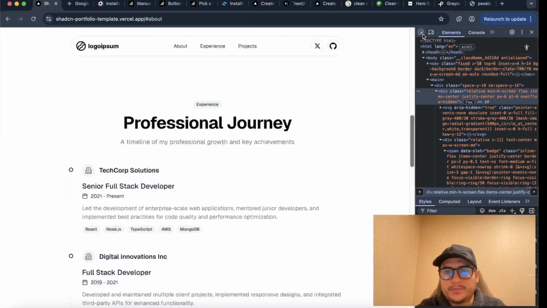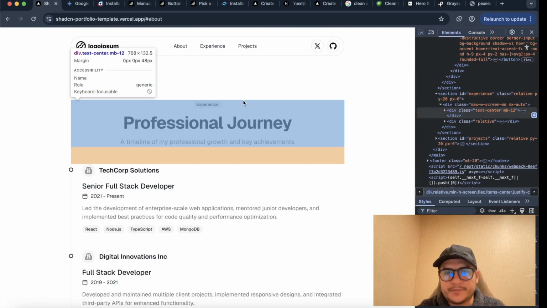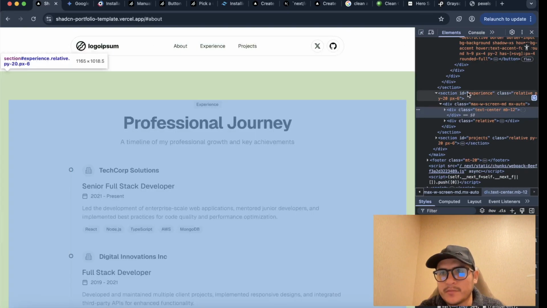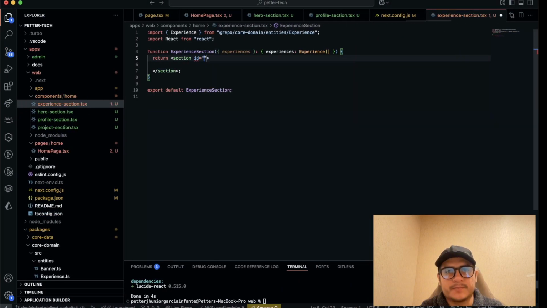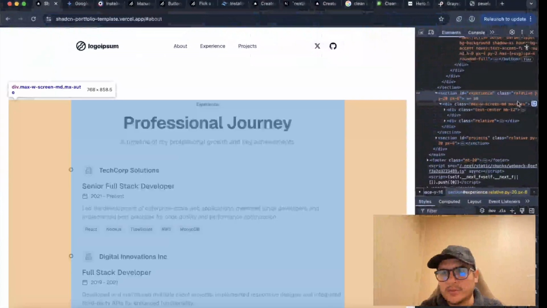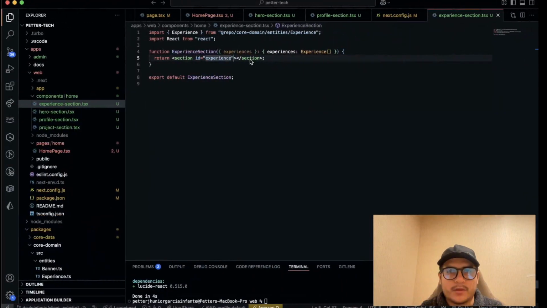For the experience we have this section. The ID is called experience, and also we need to add the styles here,